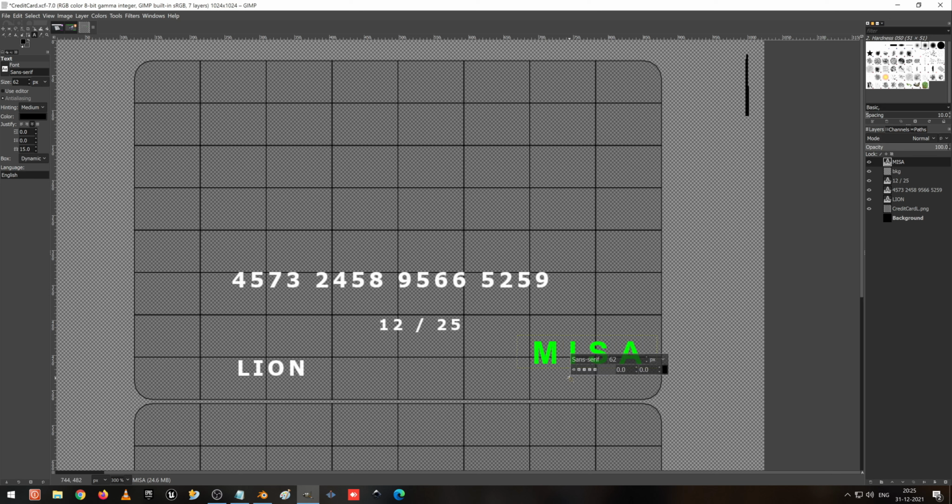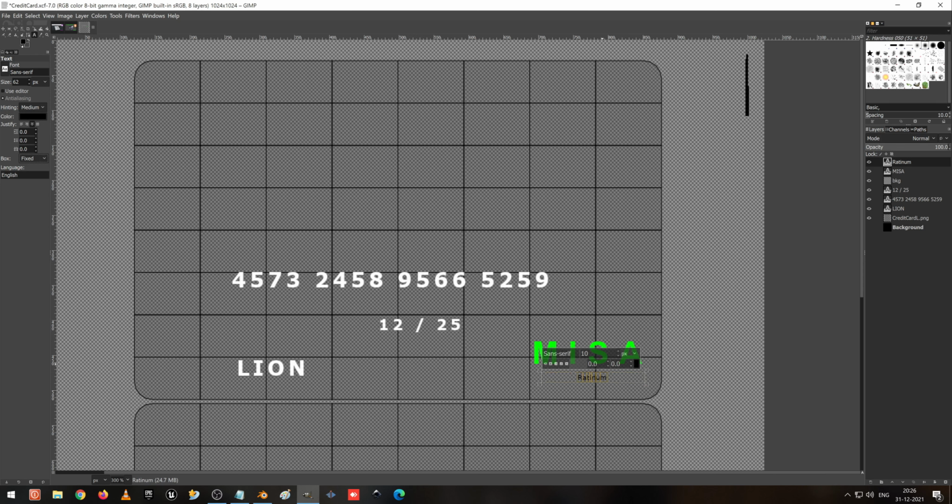Now I am going to create one more text, this is the Platinum. I select everything, I make it 15, I make it 12, I make it 10. I give it some space for this. I delete this one and I make it 0.